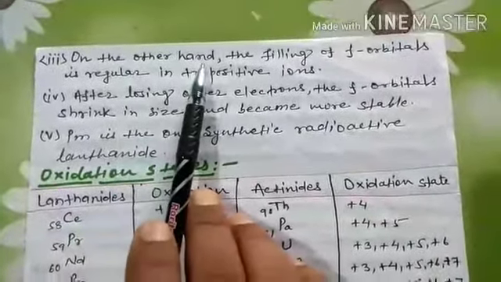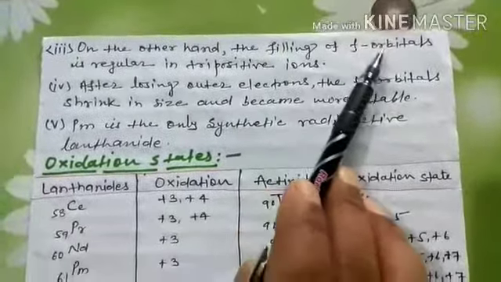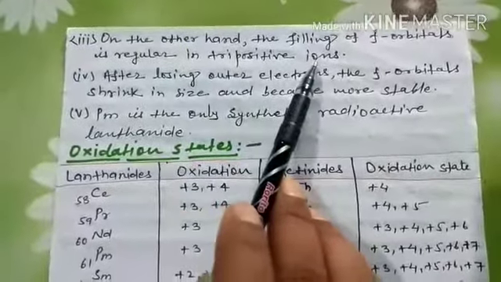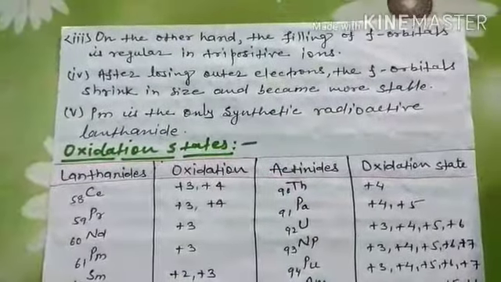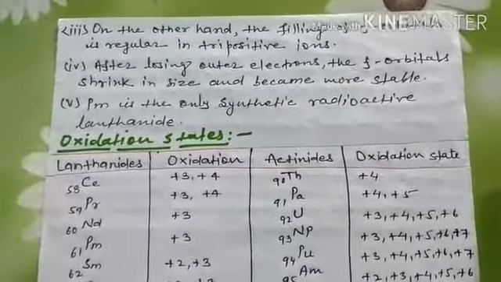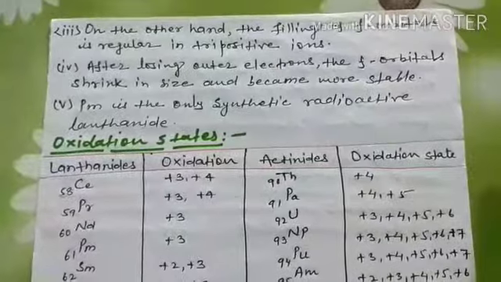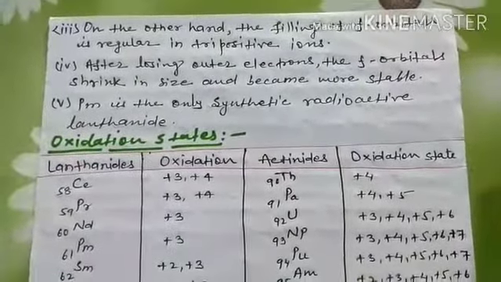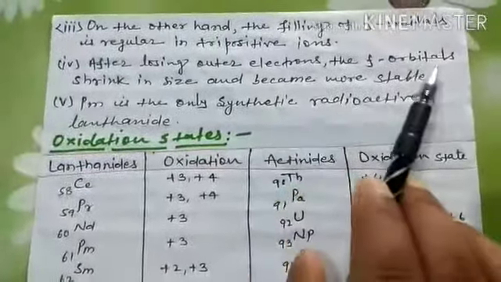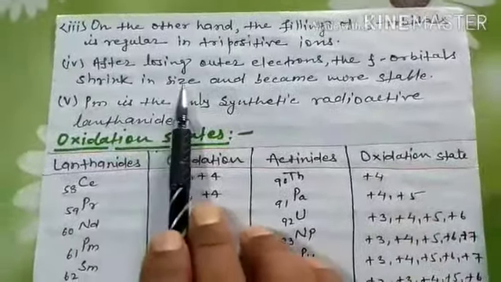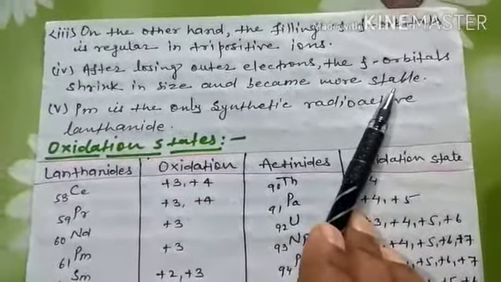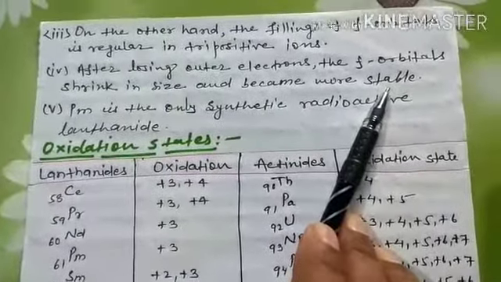Now, on the other hand, the filling of f orbitals is regular in tripositive ions. After losing outer electrons, the f orbitals shrink in size and become more stable,